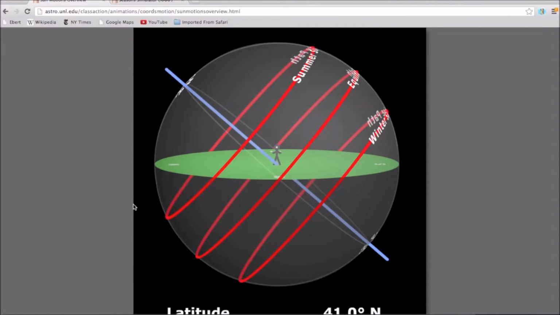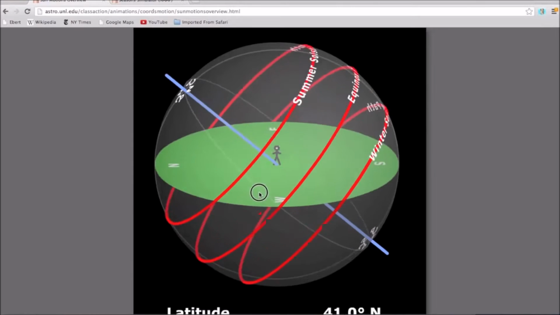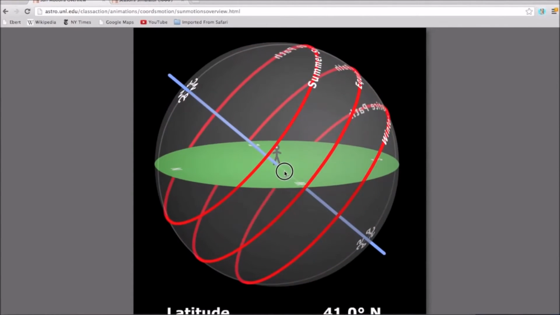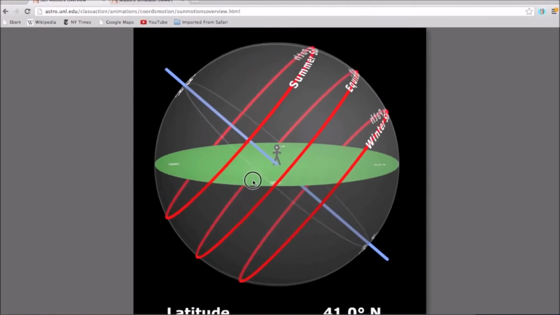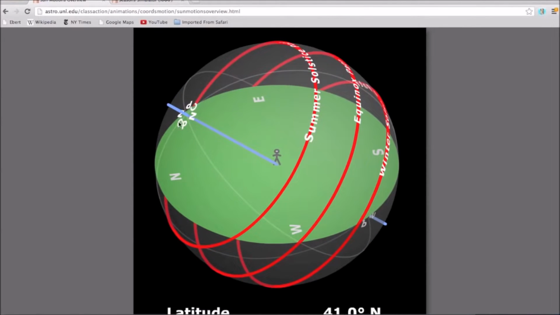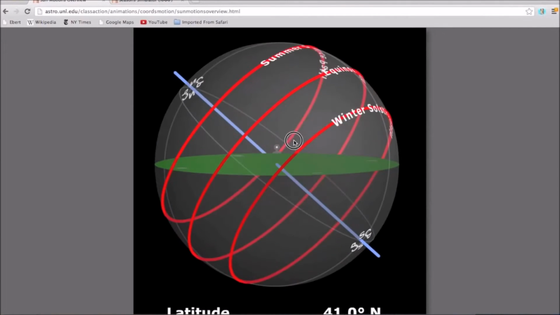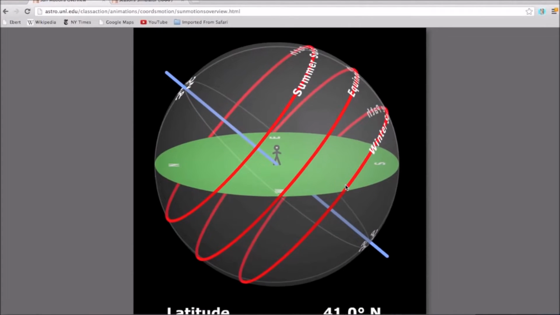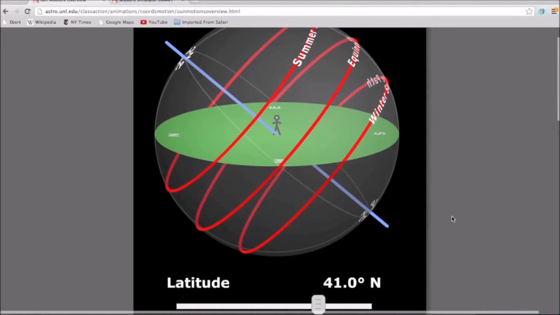We have a celestial sphere with a person marked out in a horizon diagram. I can rotate this celestial sphere around, north, south, east, and west. The blue line is the axis of the Earth. So there's the north celestial pole that I'm pointing at right now. The south celestial pole is also here. And the red lines mark out the summer solstice, equinox, and winter solstice paths for the sun on the celestial sphere. So for this person, who I've marked at 41 degrees north, which is the same latitude as our school,